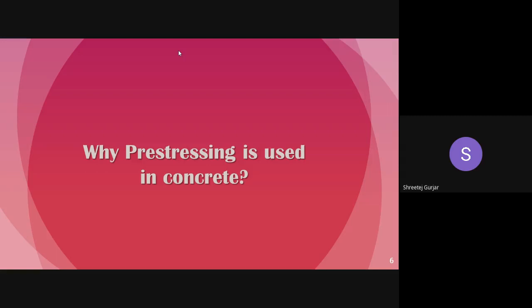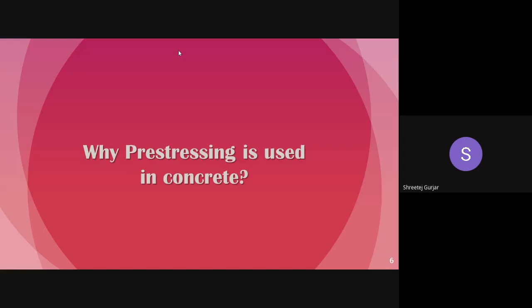So to overcome this disadvantage, and because your concrete below the neutral axis is almost useless, we have devised this new pre-stressing, wherein we use the whole section,